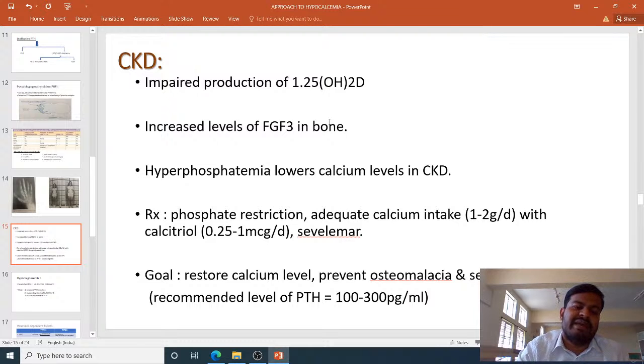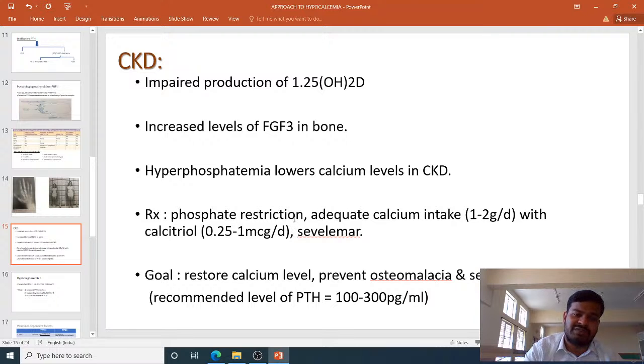So this enzyme converts the inactive form to the active form. The active form of vitamin D is sensitized in the kidney. So if there is any increased level of fibroblast growth factor 23 in the bone, or if there is any hyperphosphatemia and low calcium levels in the kidney,